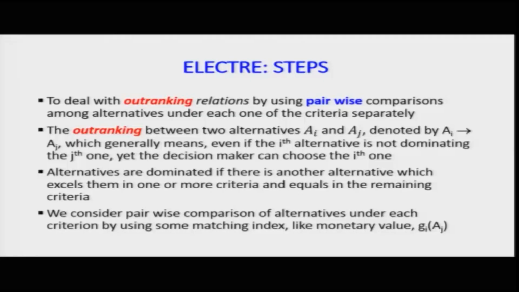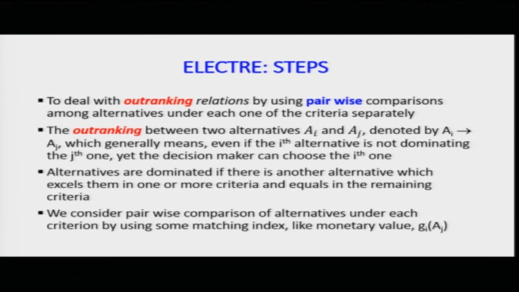The outranking between two alternatives A i and A j, denoted by A i is better than A j, generally means that even if the ith alternative is not dominating the jth one, yet the decision maker can choose the ith one, because of the effect which the person has in trying to choose A i over A j. So, for example, if I am considering